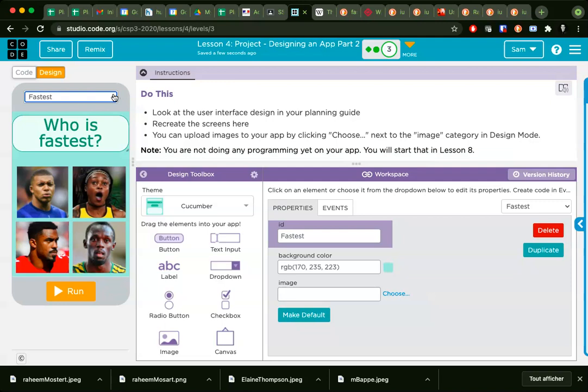I also had a key time saver here. When I click on the screen, I named my screen fastest. Maybe I should call it screen fastest, so it's easy to remember that that's a screen. I just press duplicate, and then I get another screen exactly like that, and I can use this screen when I want to do the next part of the quiz,